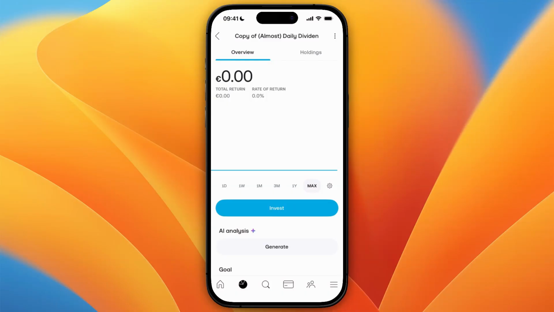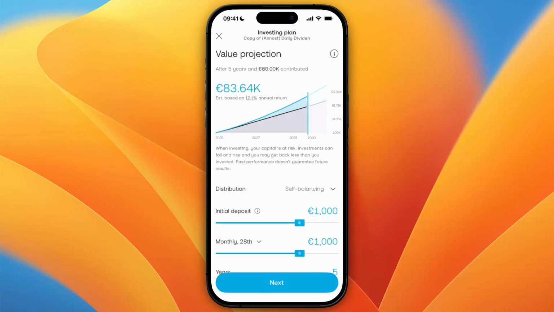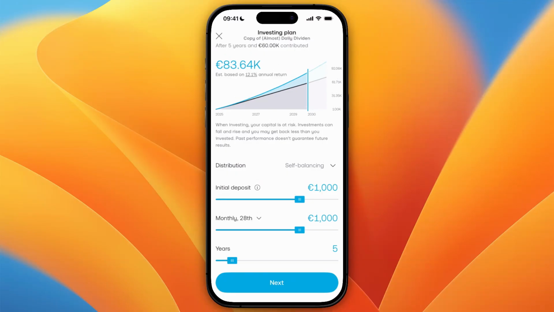So open up your pie and scroll down. Then from there you will see auto invest. If it's already on, then you're already using auto invest. If not, go and click on auto invest, and then here you can turn it on. So you can set an initial deposit, which is how much you will deposit today. Now, for example, if I just want to do my normal amount today, let's say I want to do 50